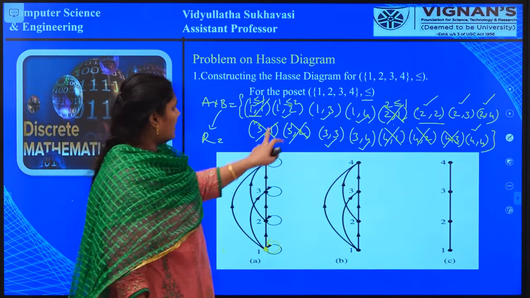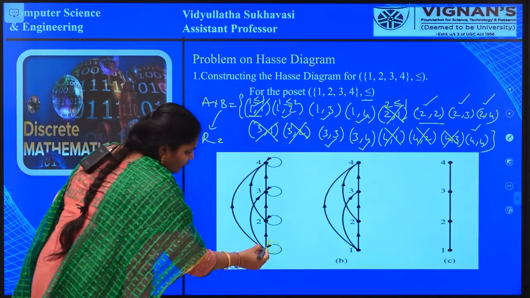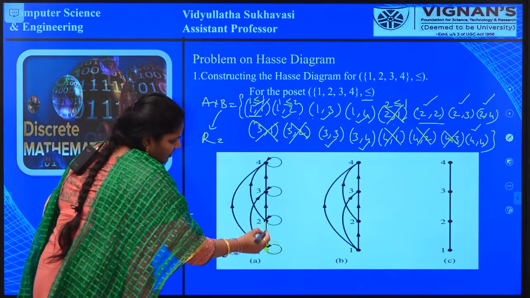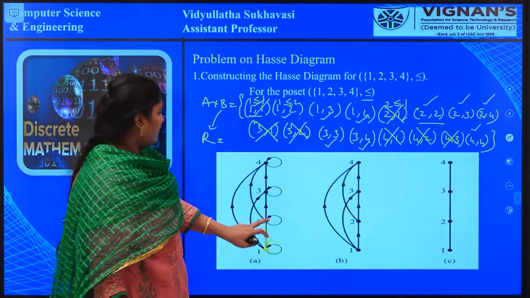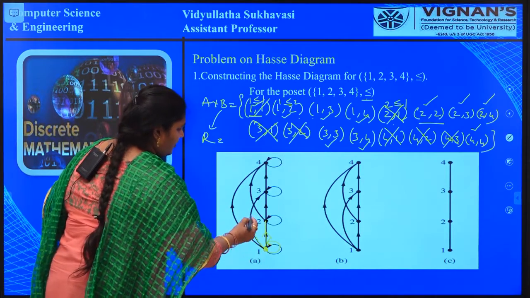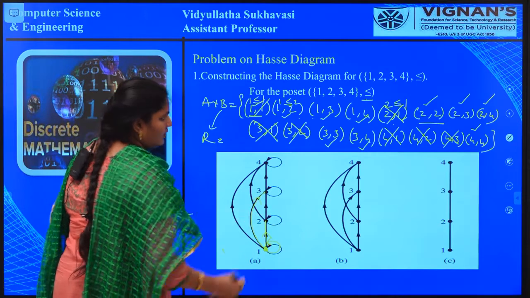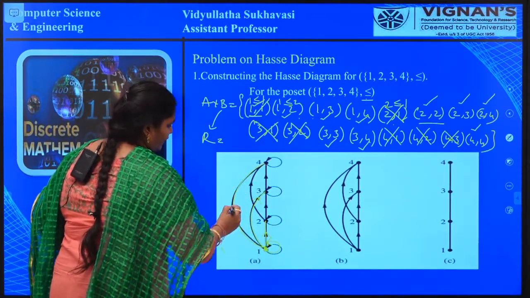Next ordered pair is 1 comma 2. From 1 we need to draw an edge with a direction, so we have drawn it like this. Next, from 1 to 3, we have drawn. Next, 1 comma 4, we have drawn.